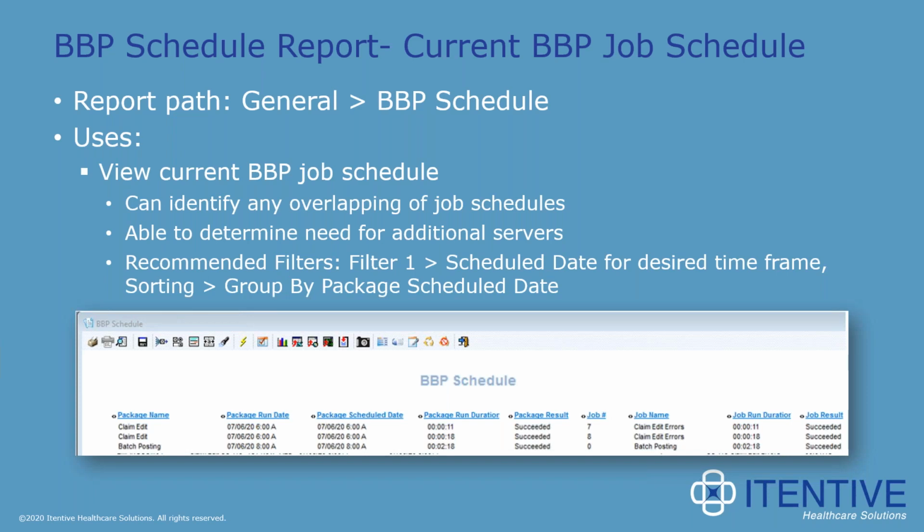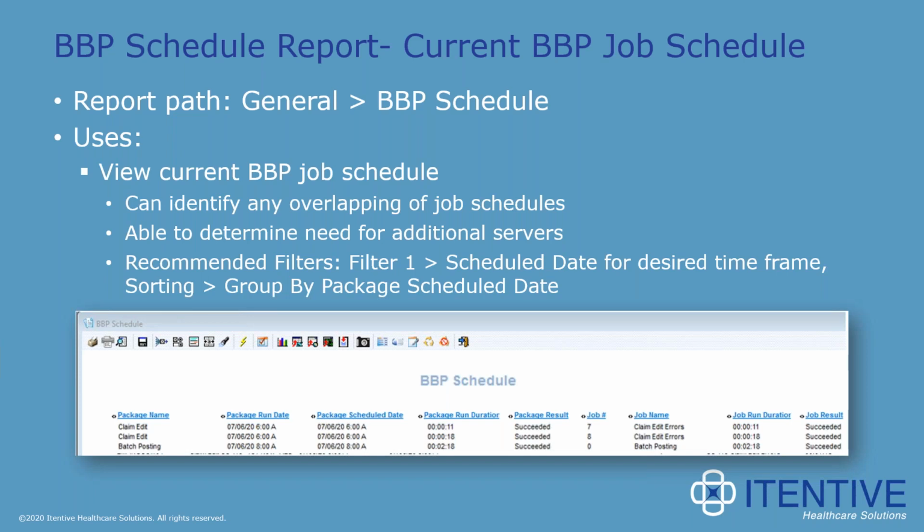You can sort this by particular servers, and this can help you to identify any issues like overlapping jobs. Anyone who's worked with the BBP knows that if you have any overlapping jobs, that can really cause the rest of your BBP schedule for that day to fall apart. On this report, we can compare the run date, so when that job or package actually ran, to the schedule date, and that can help identify any issues. Also, if there's a lot of overlap in your jobs, or maybe not even enough room to add additional jobs that are needed, this report can also be used to identify the need for additional BBP